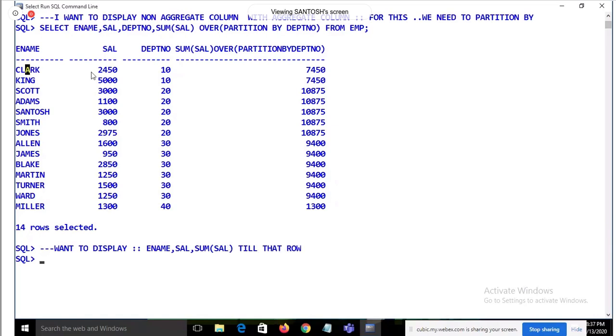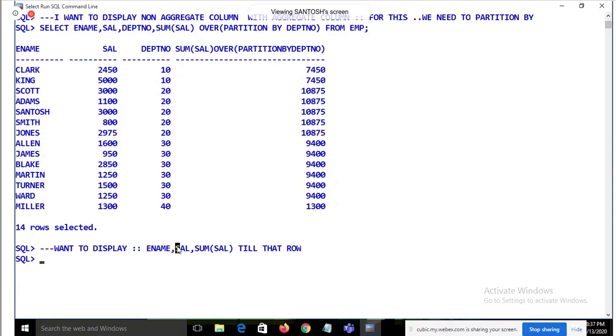Like clerk, salary is 2450, so the sum of the salary will be 2450. King, salary is 5000, so 5000 plus 2450 is 7450. Plus Scott 3000, 7450 plus 3000 is 10350. This is how I want to display.